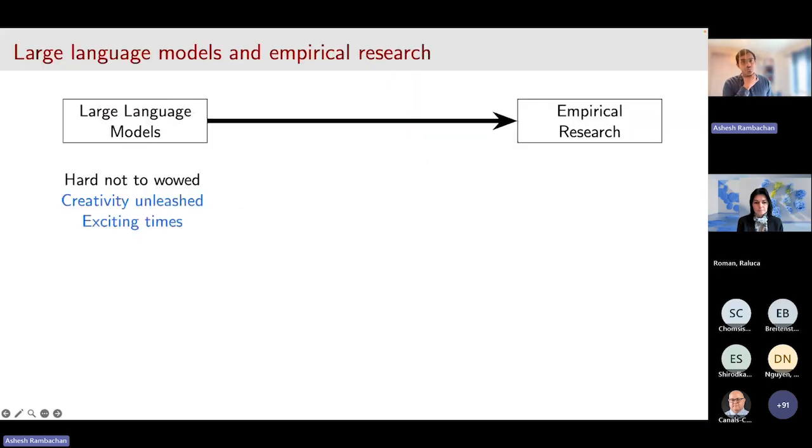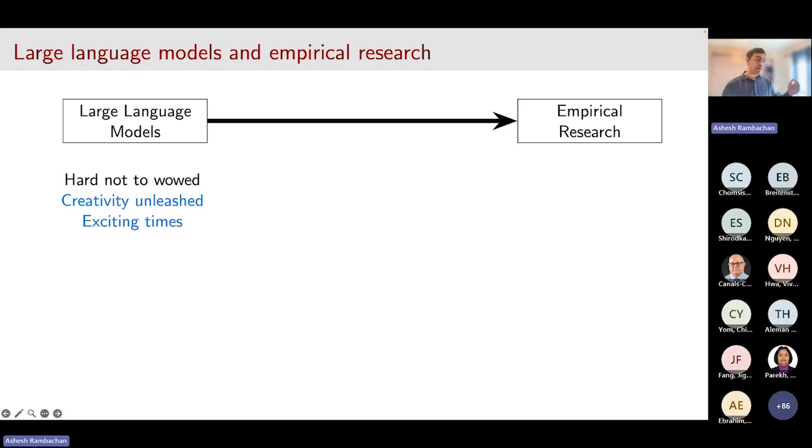As a motivation for this broad space, I think we're all very excited about the following. If you look over the last 5 years, and really every single day, large language models such as the GPT family and the Claude family accomplish tasks that no one thought was possible in artificial intelligence and machine learning just 2 or 3 years ago. As a result, it feels like this is a time where creativity is being unleashed in applied research. And there are many examples of large language models being used already.